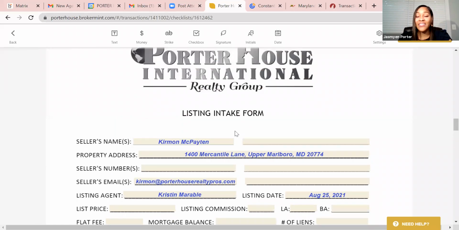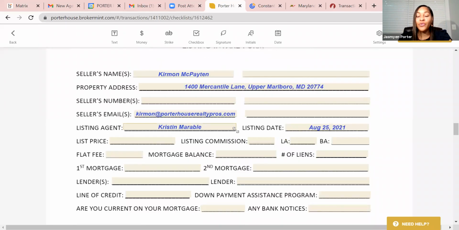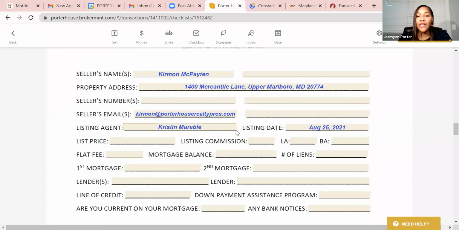All right. The next is going to be your listing intake form. With this listing intake form, you're going to gather this upfront information about the property, your seller, and all the other liens and everything associated with the property so that you can do your research, you can do your listing documents, you can do your comparative market analysis, and you can be sure that you've gotten the accurate information from